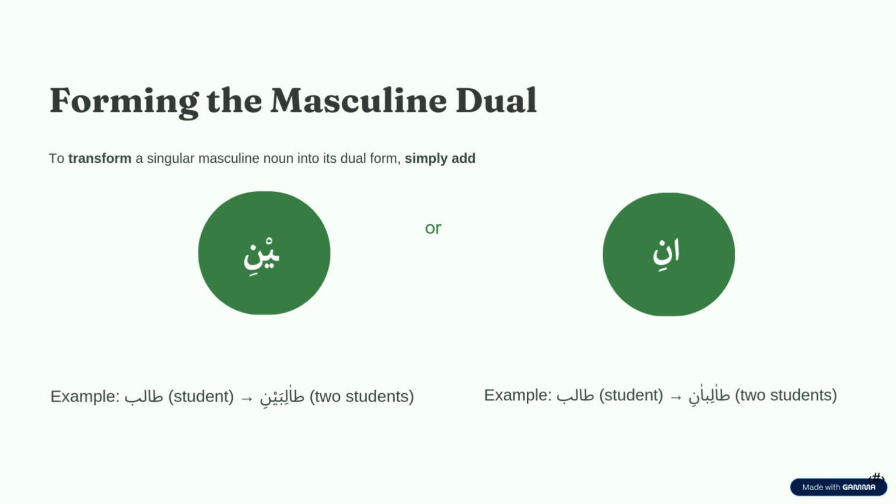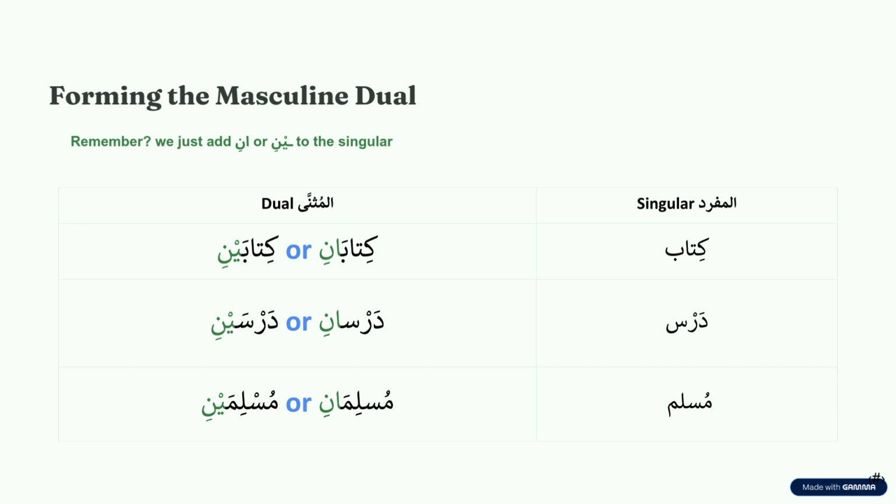So simply, we will form al-muthanna by adding ani or aini to the masculine singular form. So for example, talib, add ani, talibani, add aini, talibaini. Dars or kitab, kitabani wa kitabaini. Dars, درسان ودرسين. مسلم مسلمان